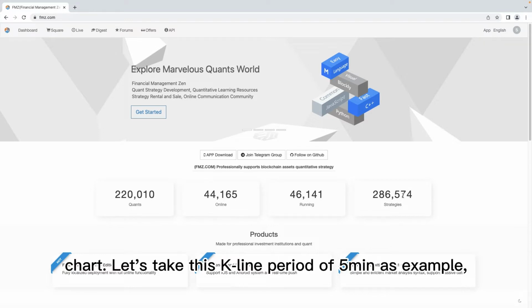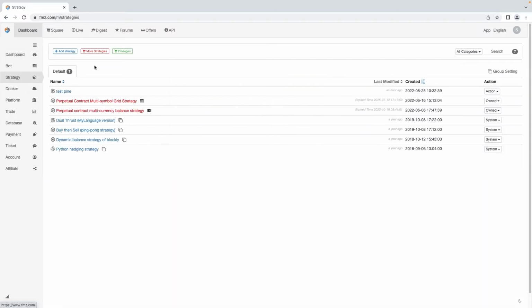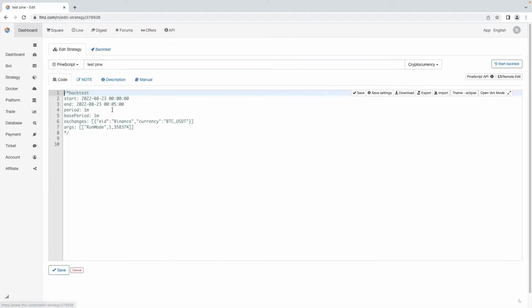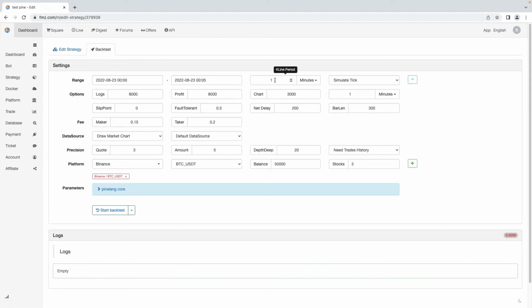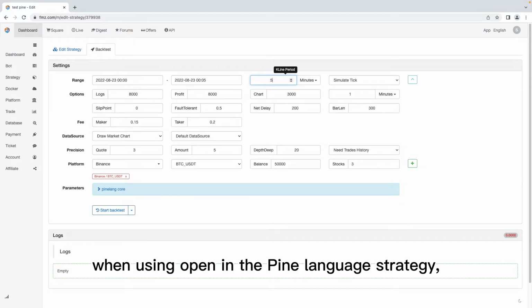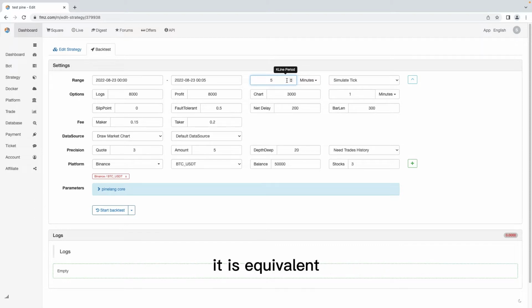Let's take a K-line period of 5 minutes as an example. When using open in the Pine language strategy, it is equivalent to using the K-line opening price with a 5-minute